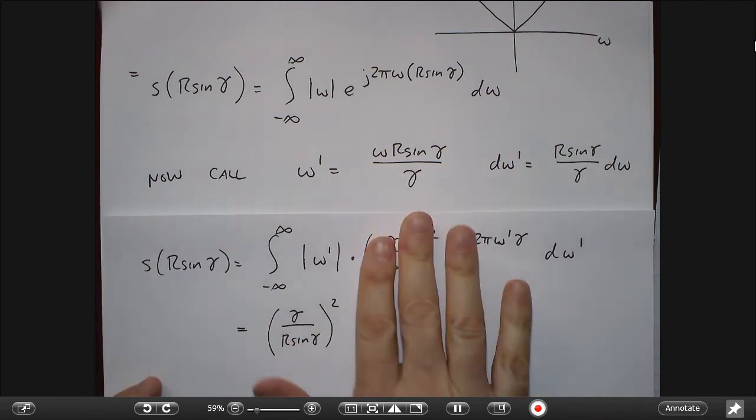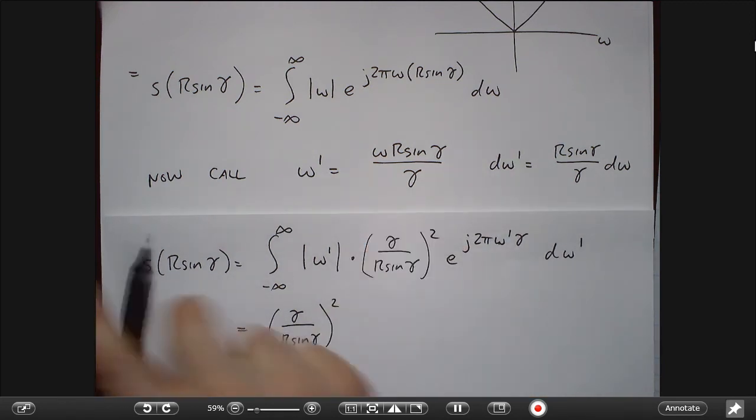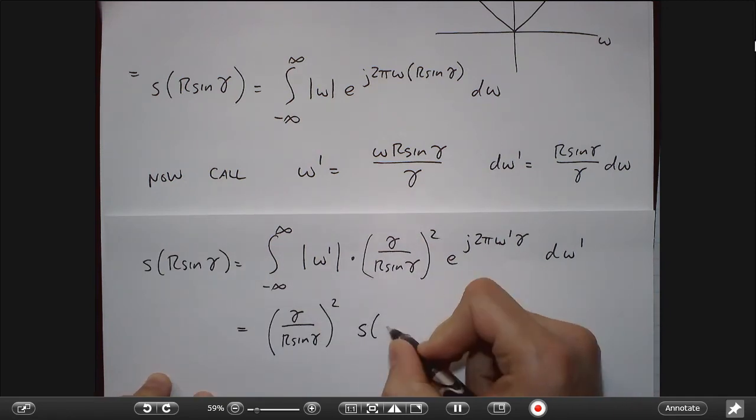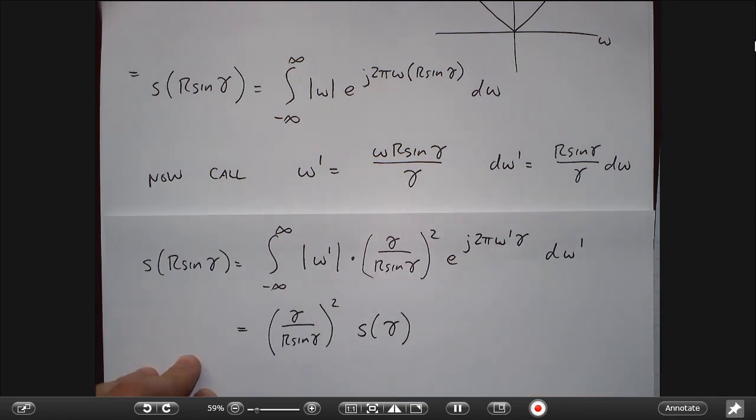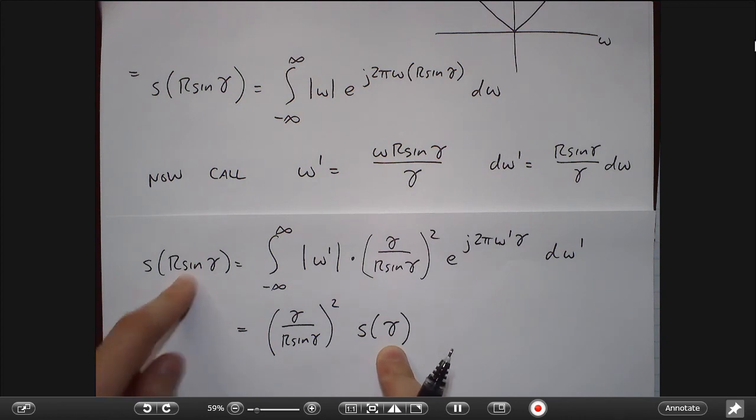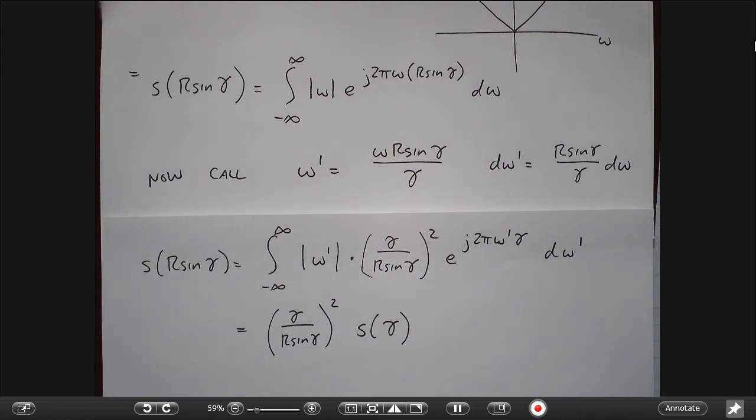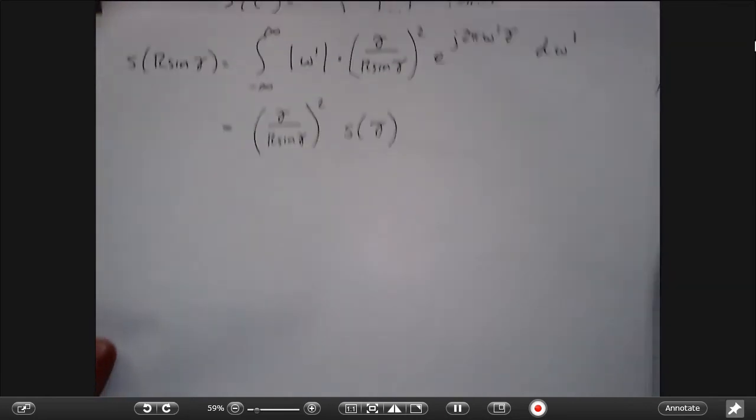And then if I do that, I notice that this here is just the same as evaluating the window function at gamma in the first place. So what I did here is I kind of made it easier. Instead of having an r sine gamma inside here, I was able to kind of sneak it out of the integral. Okay. So now when I put this all together,